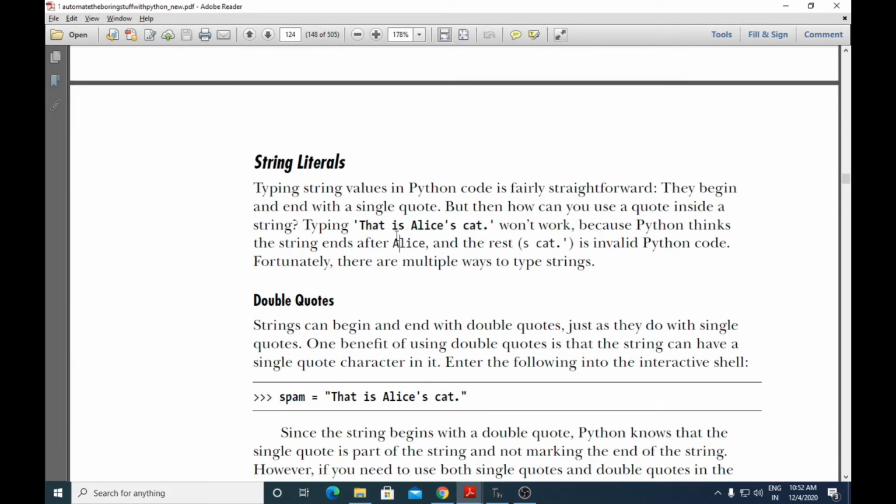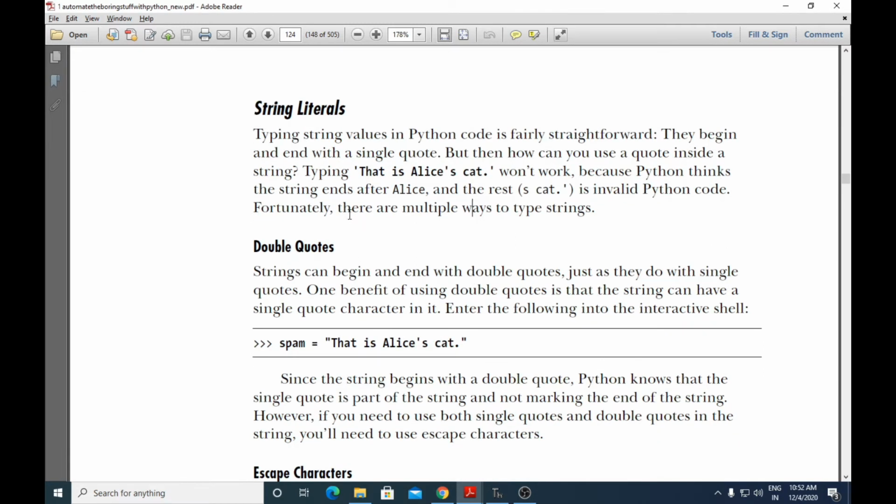So here they are saying that typing string values in Python code is fairly straightforward. They begin and end with a single quote. But then how can you use a quote inside a string? Typing Alice's cat won't work because Python thinks the string ends with Alice and the rest s cat is invalid Python code.